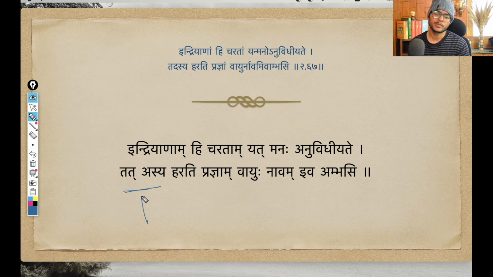Now if you move on, we can spot another sandhi between Tat and Asya. What sandhi is this? So this is the Jashtva sandhi, due to which the consonant will change into its Jash letter, that is into the third Vyanjana of its Varga. So Ta changes into Da. So Tat Asya becomes Tadasya. That is due to Jashtva sandhi.